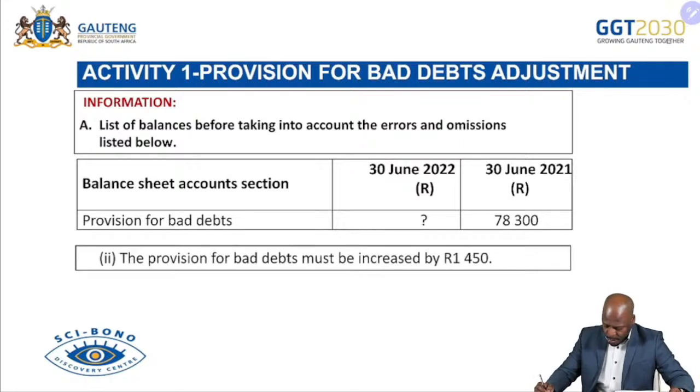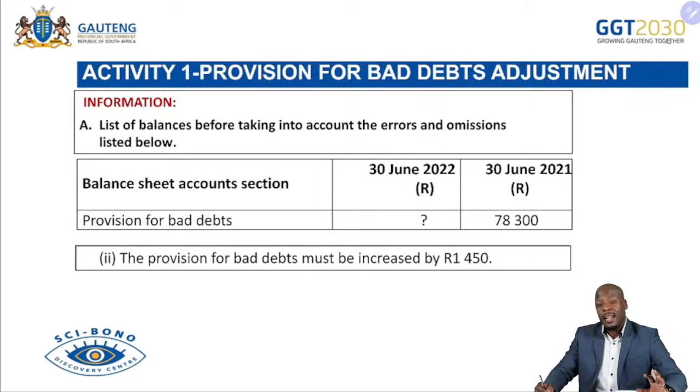And then it says the provision for bad debts must be increased by 1,450. So you have to understand that in this particular case, we are doing both items. We are doing the correct net profit as well as the statement of financial position. So I'm going to start off first with my